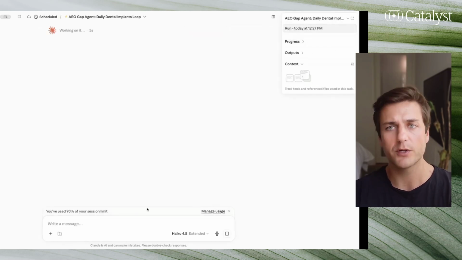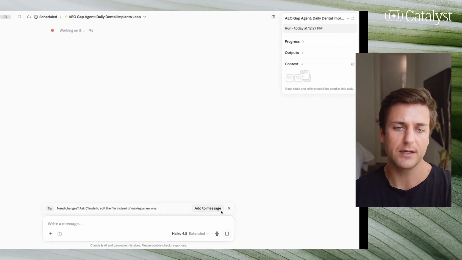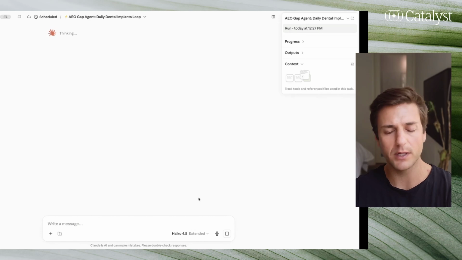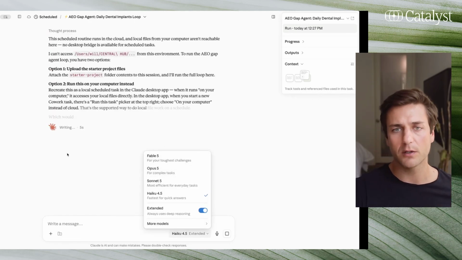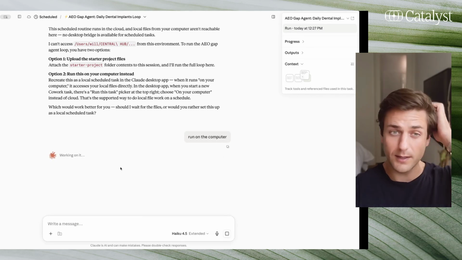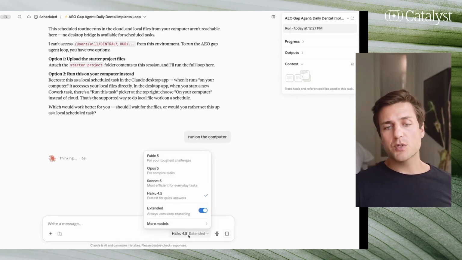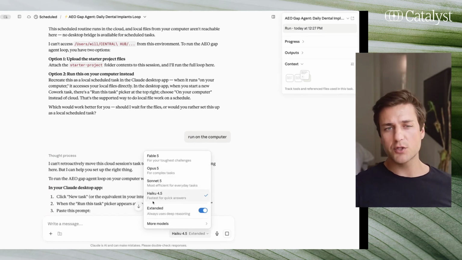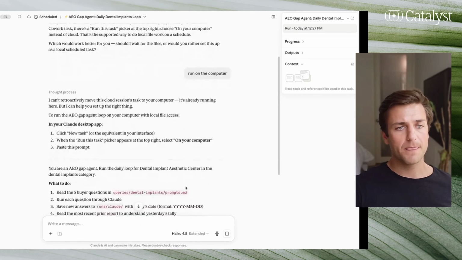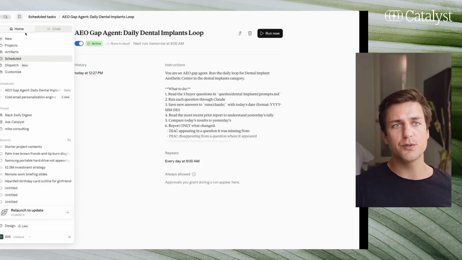It looks like we have a question on the use of Haiku for this session and just in general. I can talk about how I determine which model I'm using on Claude. Now, we just set it up as a cloud task instead of running it on the computer. That was my bad. So, Haiku is good for most things. I usually use Sonnet or Haiku. The reason that we decided to use Haiku for this session